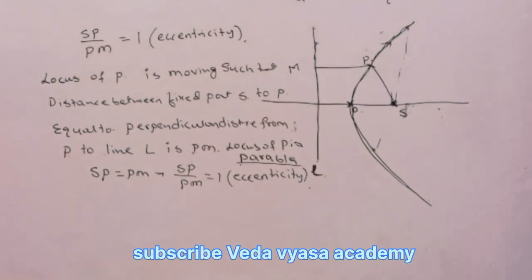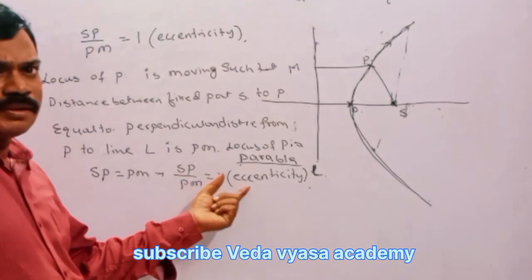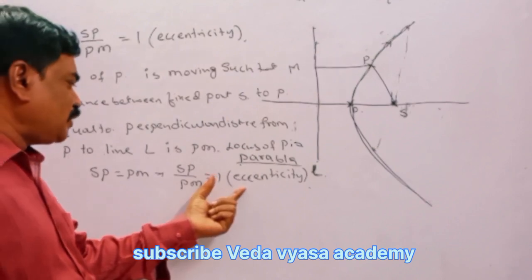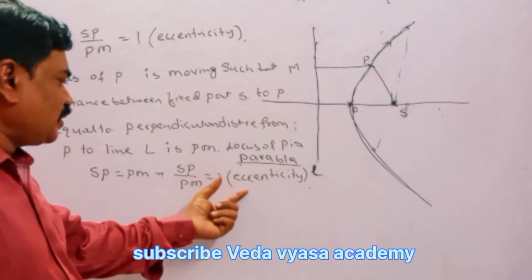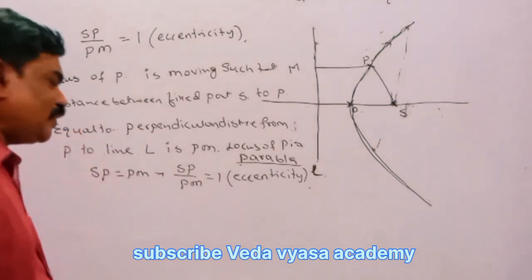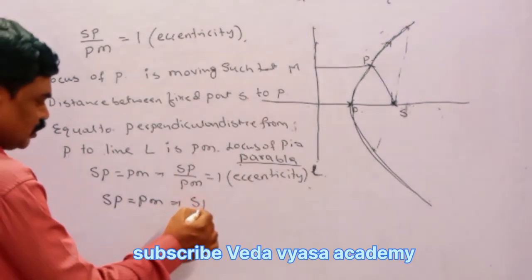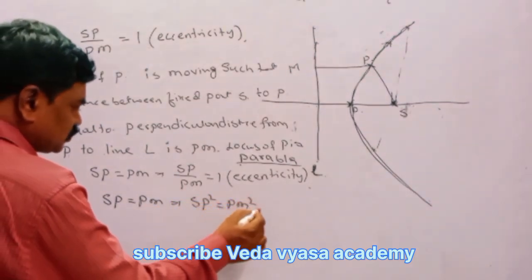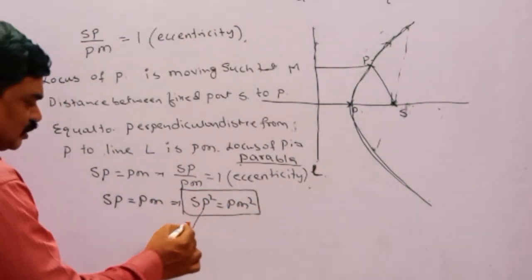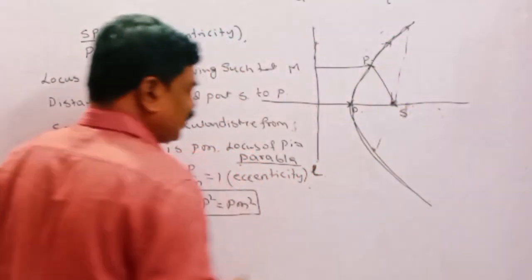SP by PM is equal to 1 is the eccentricity. The eccentricity value for the ellipse we discuss in the ellipse chapter, and for the hyperbola in the hyperbola chapter. In this case SP by PM is equal to 1, that is SP is equal to PM, which implies SP square is equal to PM square. The locus of P is a parabola, and here this constant point